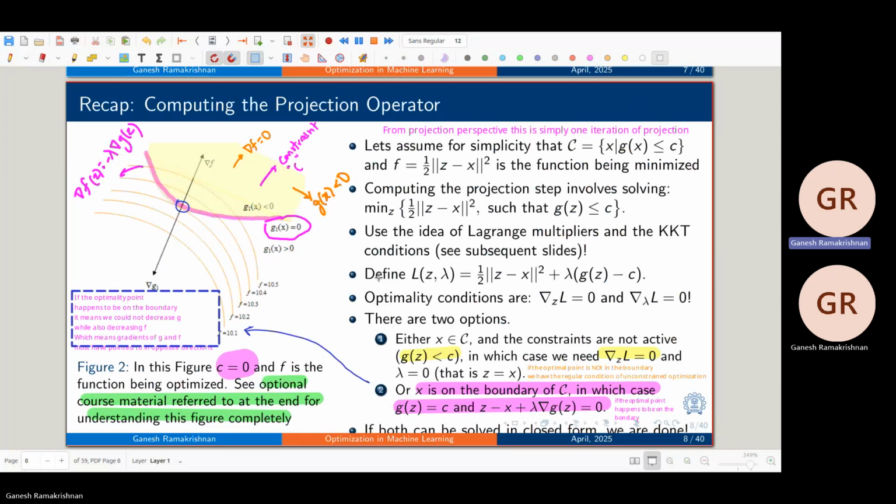This f is basically half of the norm of z minus x squared, and I draw its level curves. The idea is that if the point of optimality lies inside g of x less than or equal to c, which means g of x is actually less than c at the point of optimality, if it's inside here,